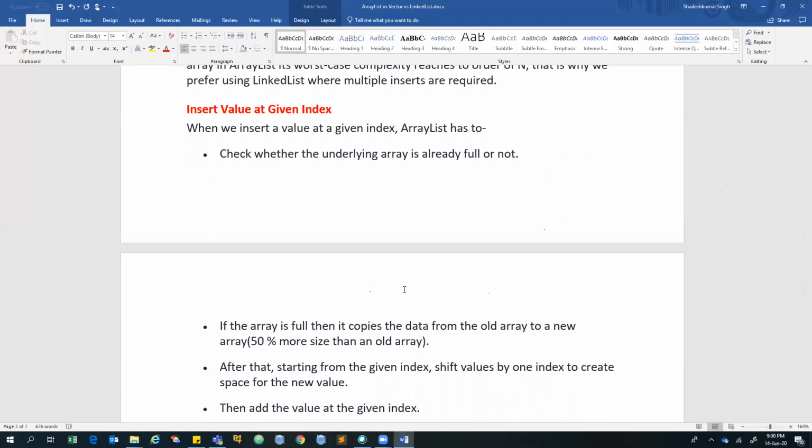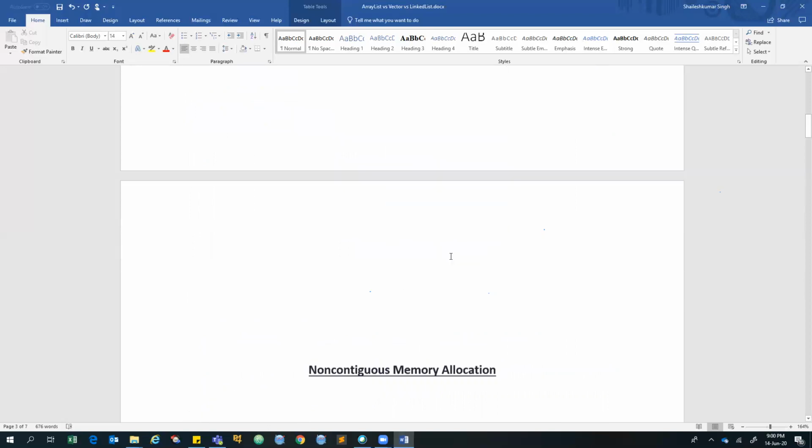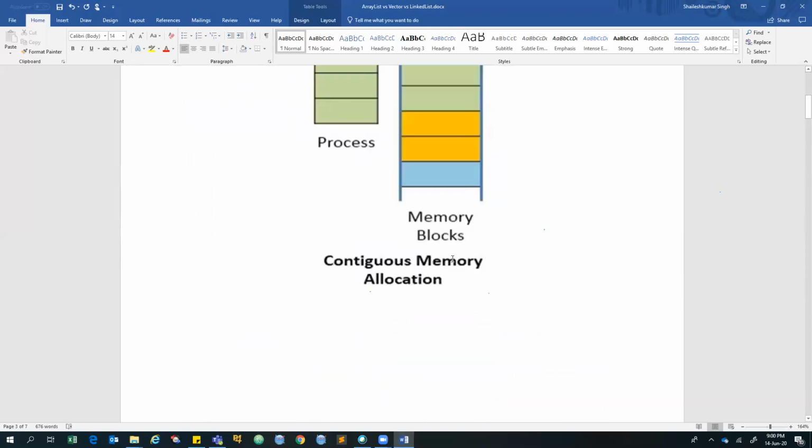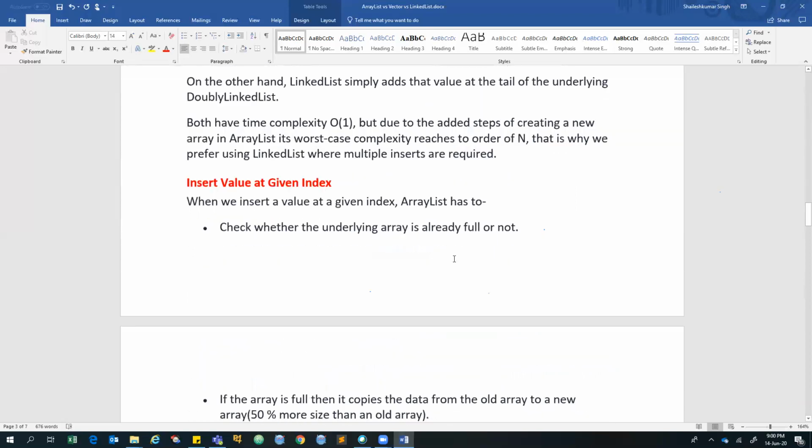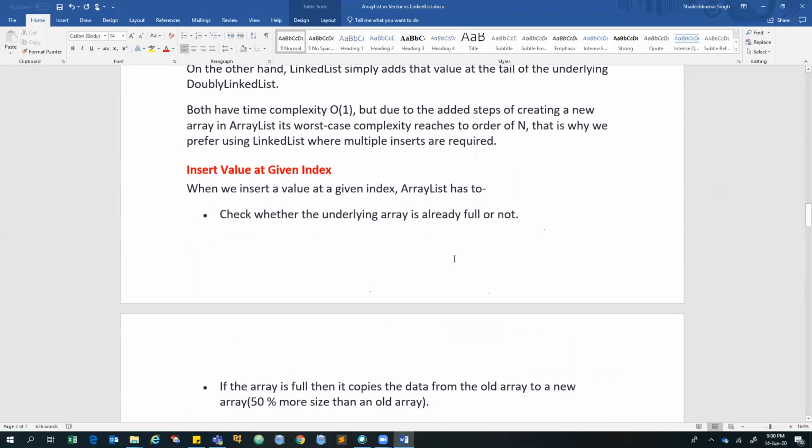And one thing, I was planning to make a video on linked list. I was thinking whether I should explain the entire code and the flow of how it works. But I thought I should first explain these things about these data structures, what the role of each data structure is, and which data structure we should use. After this, I was planning to make a video on it.